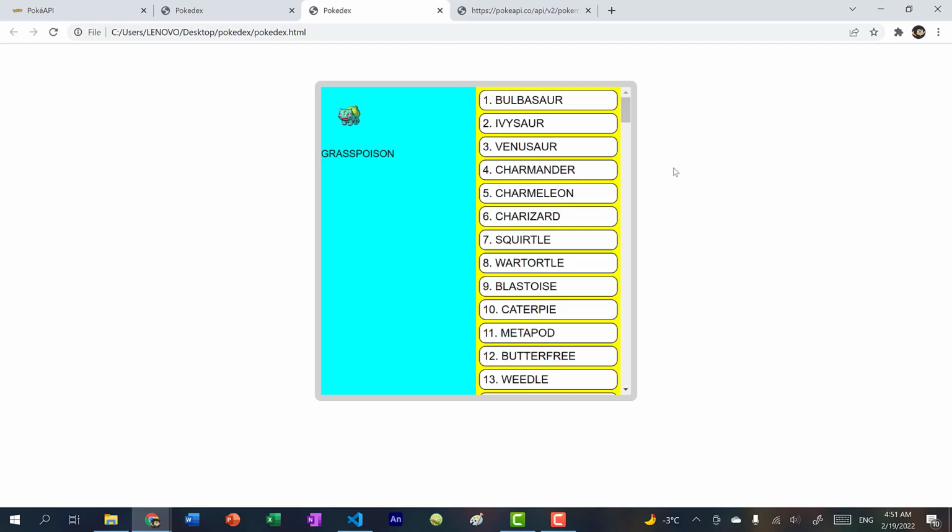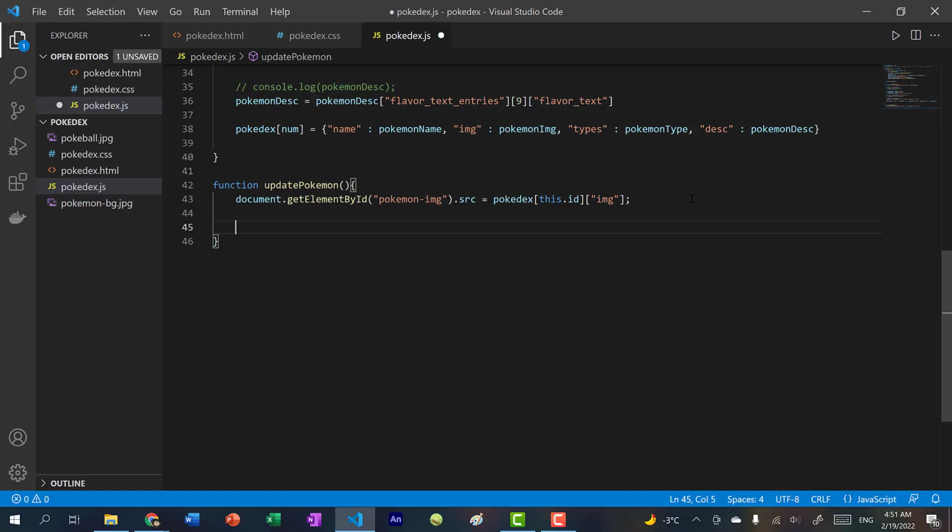So I save and I refresh. You can see if I click on a different Pokemon, the image changes. We want to do the same for our types, and we want to populate the description as well. So before we add the type, we need to clear the previous types. So while not types div, and types div is going to be